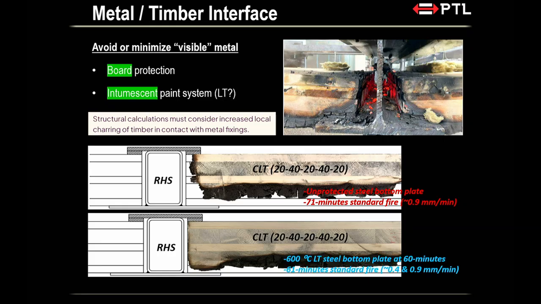Solution. Well, this particular test result shows you when they intumescent painted the steel plate. So the intumescent was painted to a 600 degree limiting temperature for 60 minutes. So during the fire, this steel plate would have intumesced, so there will be an additional layer protecting that. So you will see that this part where it's still exposed timber, the charring rate is still pretty high, 0.9. But over here, because the steel is protected, you have a little bit less charring rate.